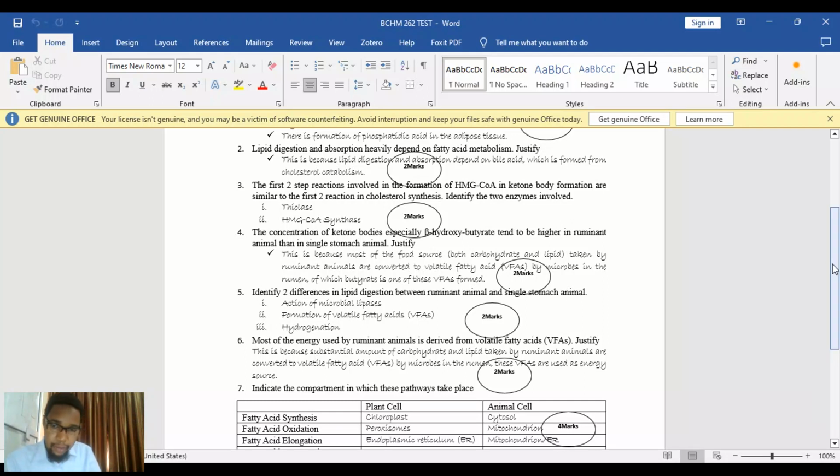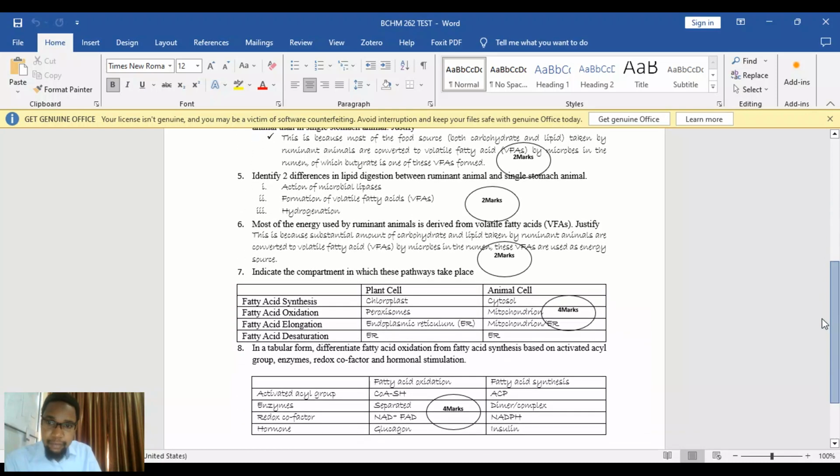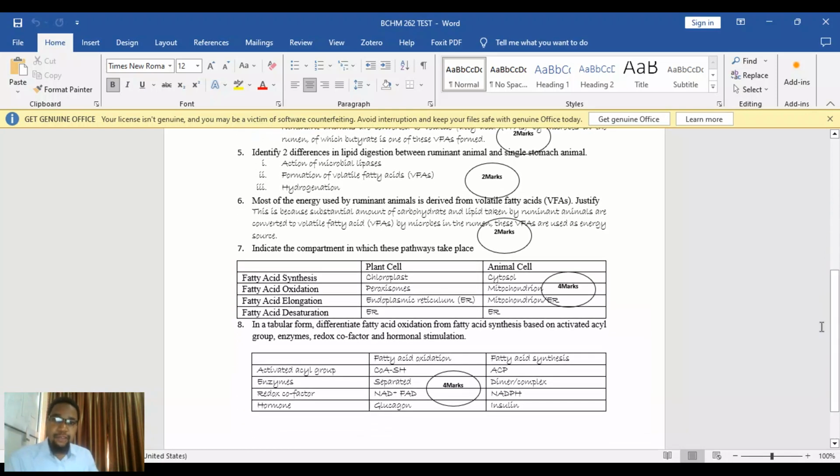I am very happy with it. Question 6 says most of the energy used by ruminant animals is derived from volatile fatty acids, to justify. So these ones I gave you with respect to carbohydrate metabolism and fatty acid or lipid metabolism. I gave you the reasons and the roles of these microbial